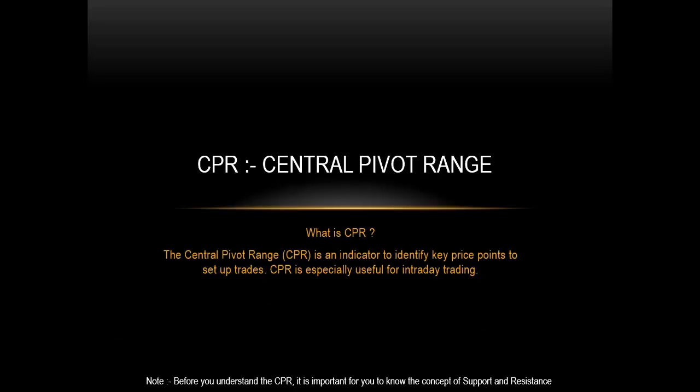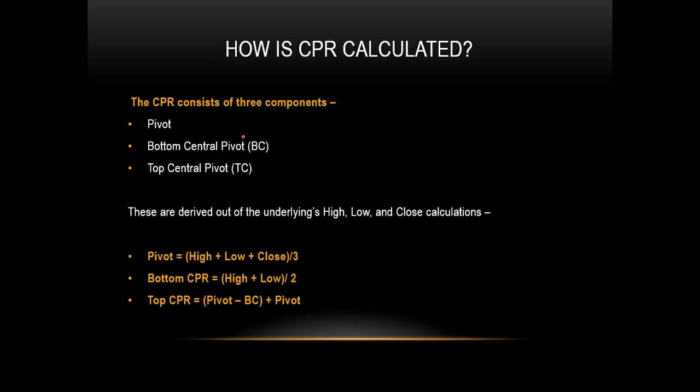What is CPR? Central Pivot Range, which is popularly called CPR, is an indicator to identify key price points to set up trades. CPR is especially useful for intraday trading. How is the central pivot range calculated? The CPR consists of three components: pivot, bottom central pivot, also known as BC, and top central pivot, which is